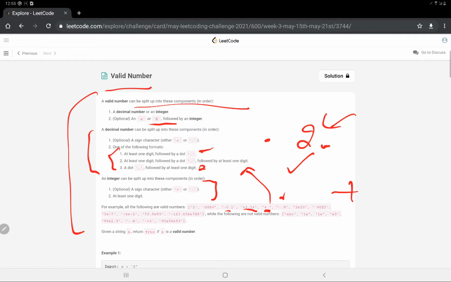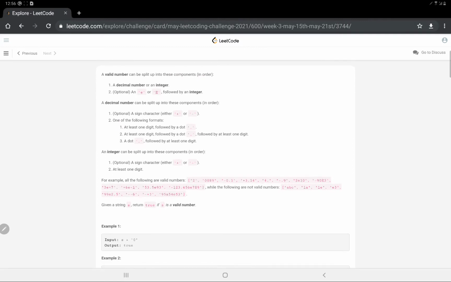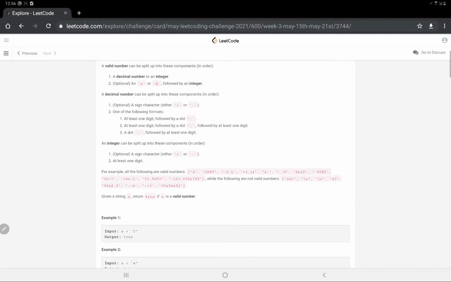Questions like these are generally solved by just looking at the conditions and placing some if else statements. There's no need for a separate approach for these kinds of questions. For dynamic programming we have some approach, and for recursive code we have some approach, but for these questions the idea is just to understand the conditions given in the right manner and put the if else statements accordingly. If a condition fails, we just return false at any point, and at the end we return true.